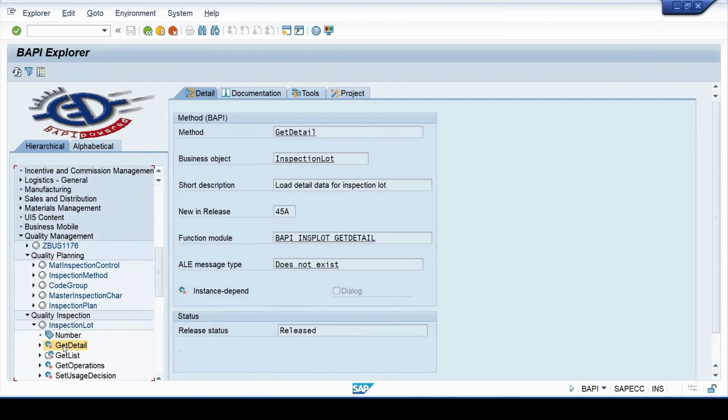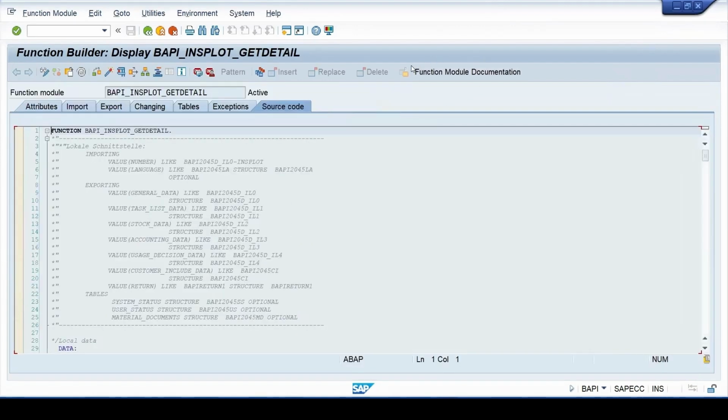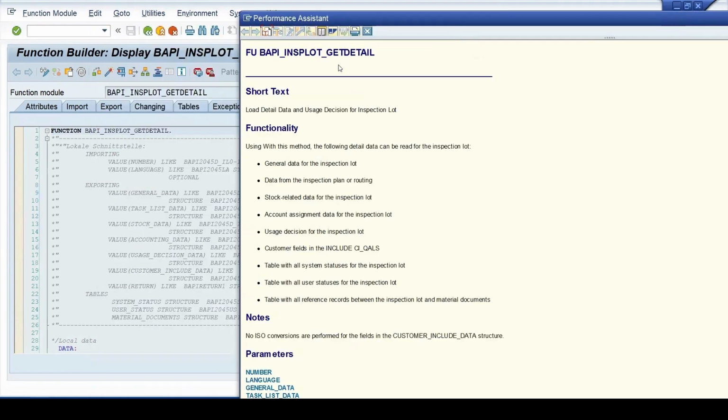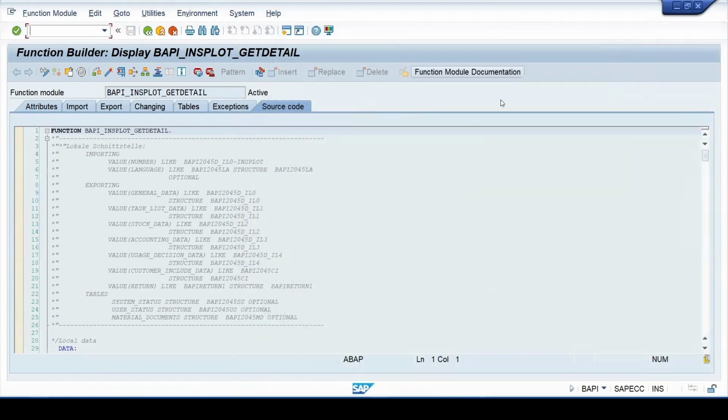Get BAPI. Here it is, function module documentation. If you click on this now, it will give you the purpose and in which area you can use this BAPI. So whenever you have any doubt, you can check it here.